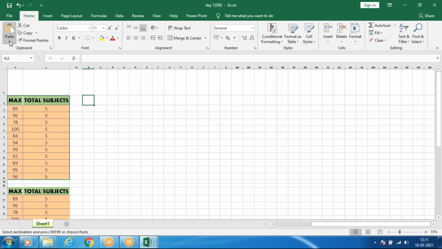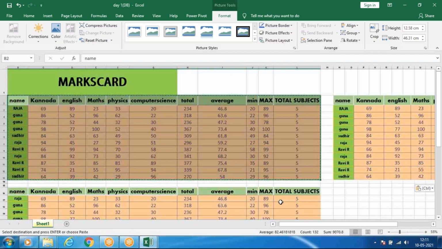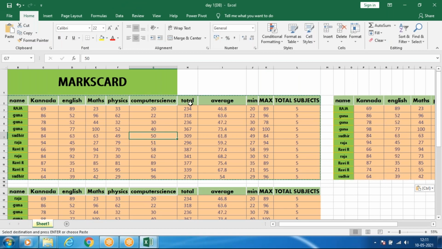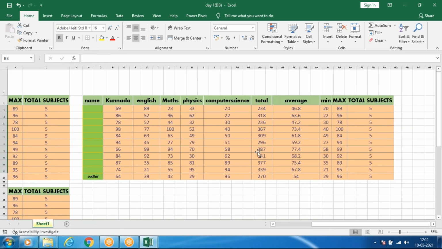In this, one more format is pasting as a linked picture. It is an image, but linked with the source content. You can't edit it directly here, but if you change anything in the source, it automatically changes in the image.